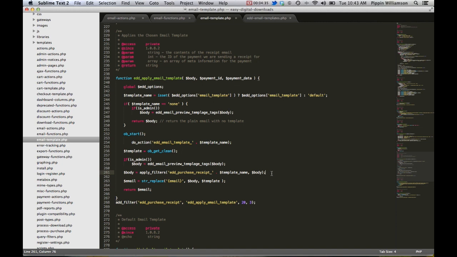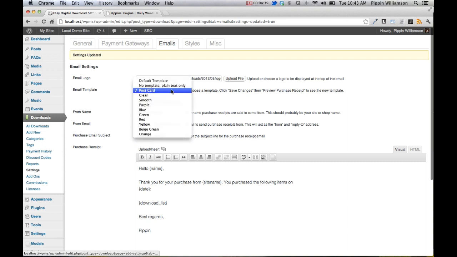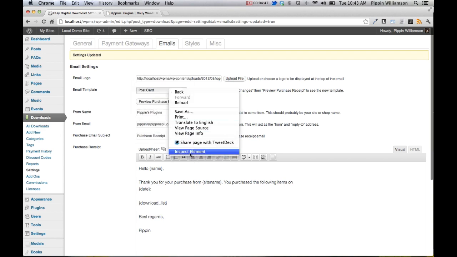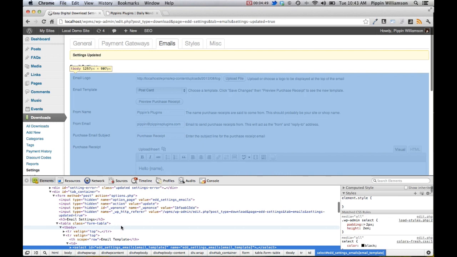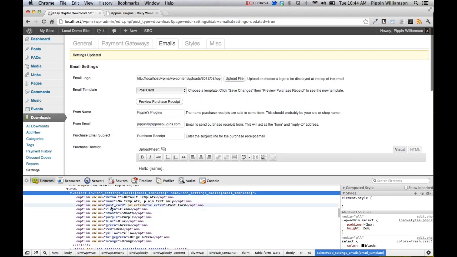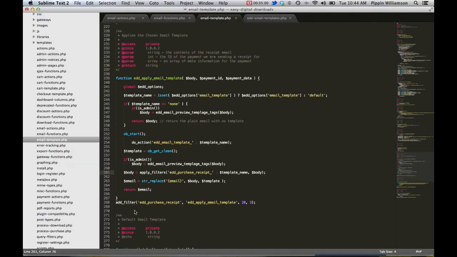by the name of a template. So the name of our template, if we look over here, we have this drop down, and we have default, no template, postcard, clean, smooth, purple, etc. Well, if we look at this source, we see that each one of these has a value: default, none, postcard, clean, smooth, etc. So because those are there,